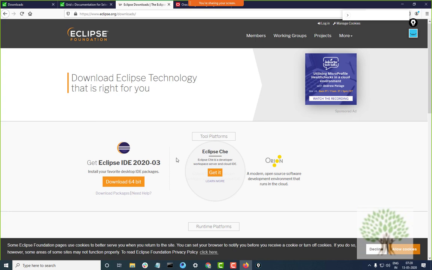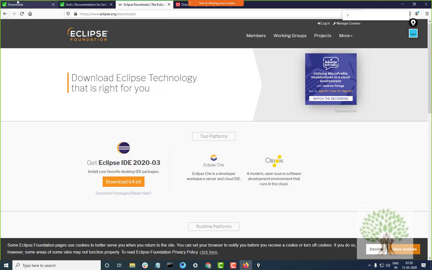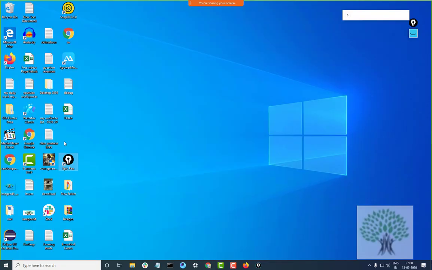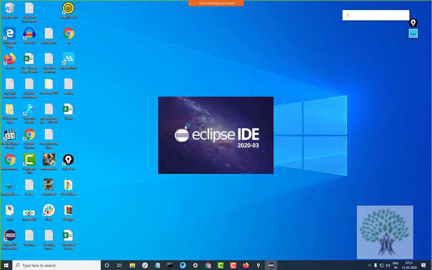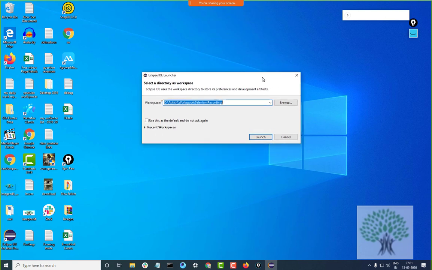There are different versions, it doesn't matter. You can download any one. As a beginner it's okay. Once you have your Eclipse downloaded and installed, the icon will appear on the desktop. You just have to start up Eclipse. Most of you must know these small things which I am telling you on the first day, but because we are starting from the very beginning, that's why I am starting with Eclipse.